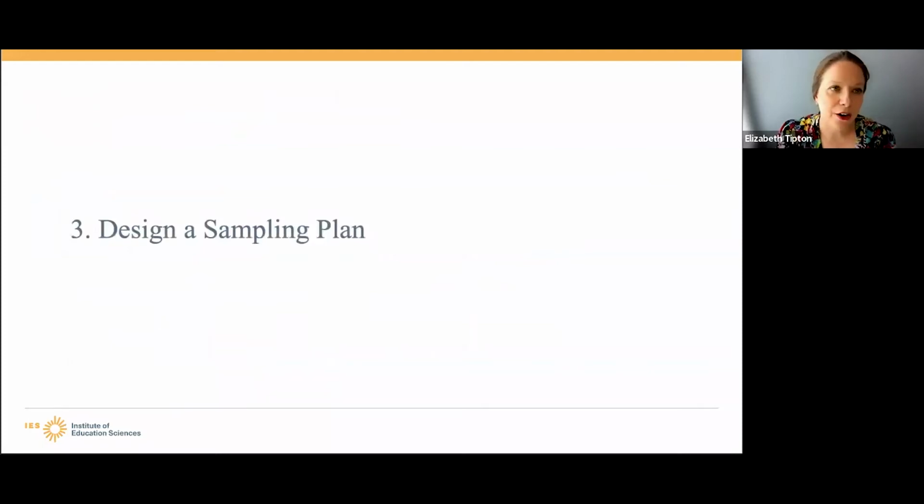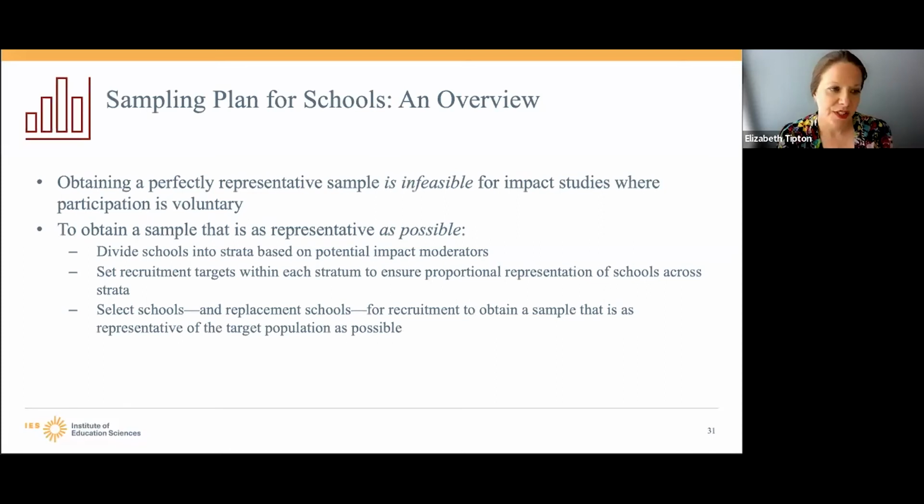Okay, from there, going back to the general plan, the next step after you have this data is to develop a sampling plan. Just to give you an overview,